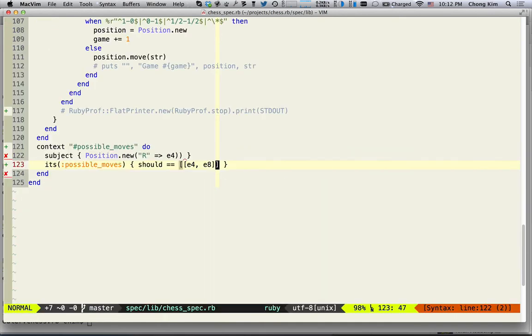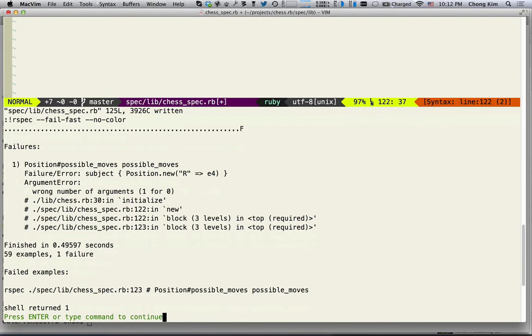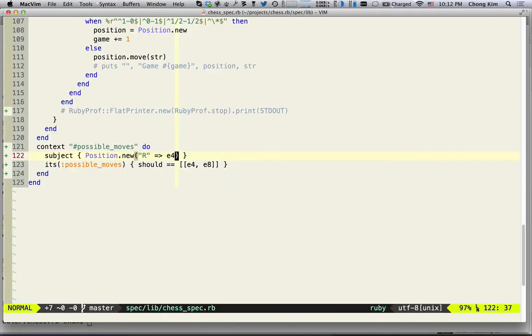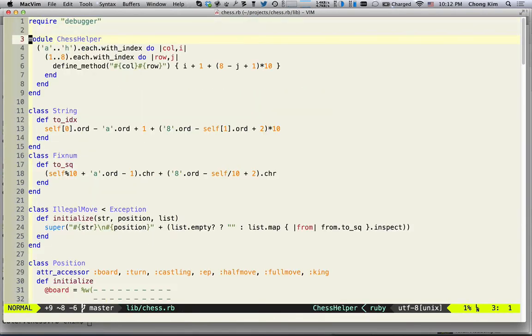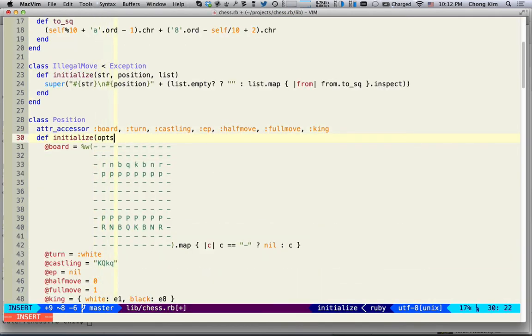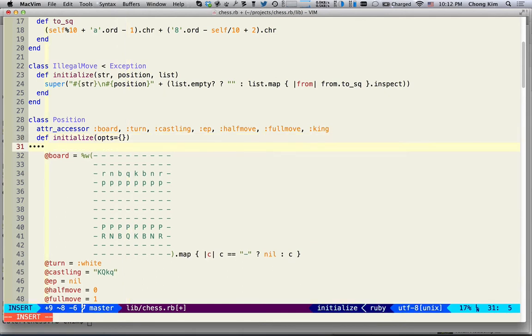Okay, we're missing something here. Okay, we have too many parentheses. Okay, wrong number of arguments to the constructor. So let's go to the constructor. All right, so ops is equal to empty. So if any of the keys